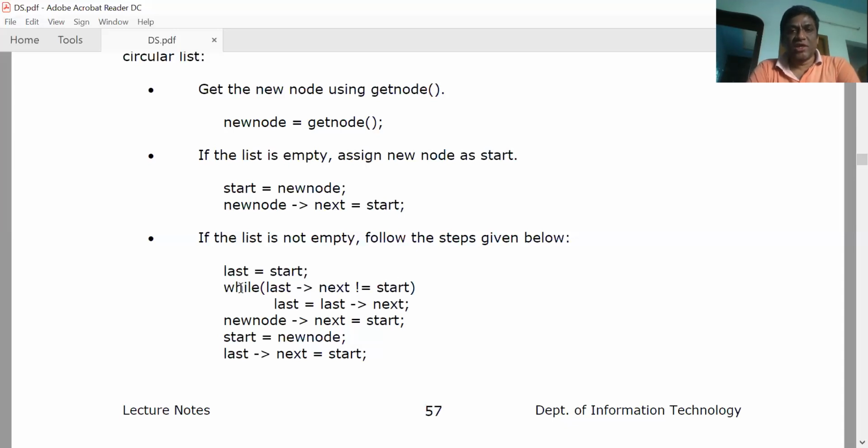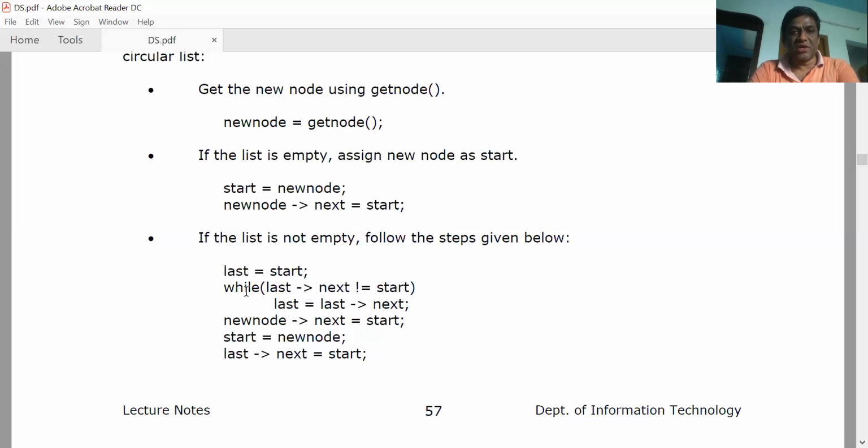So that is the reason why we're first moving to the last node, okay, and then we are creating this new node's next as start. This is the usual step which is done in our singly linked list, and then we are changing that start as new node. These two steps are generally done for inserting at the beginning, and this is additional because in a circular linked list the last node should point to the first node, and we are trying to insert the new node at the beginning. That becomes the new first node, and the last node's pointer must be properly updated so that it points to the new node that is getting inserted.